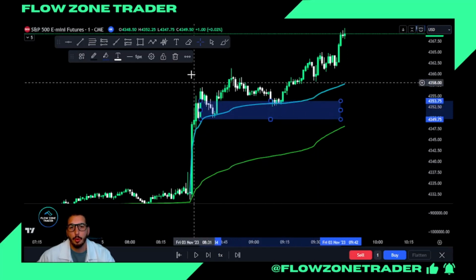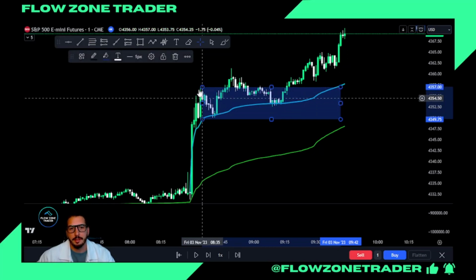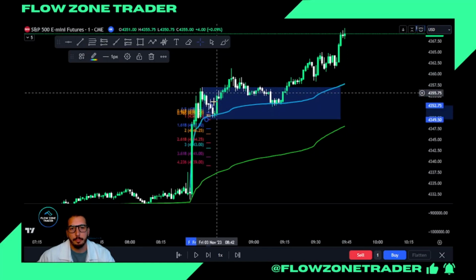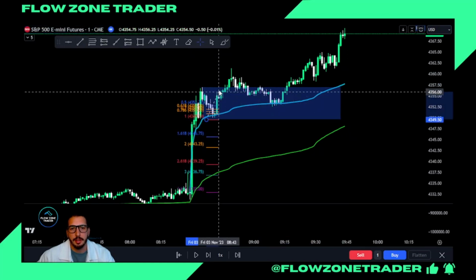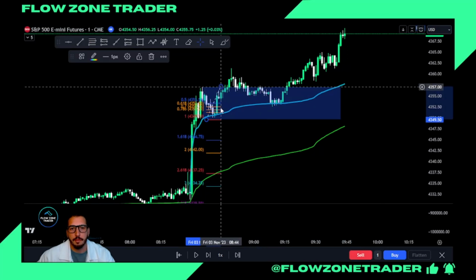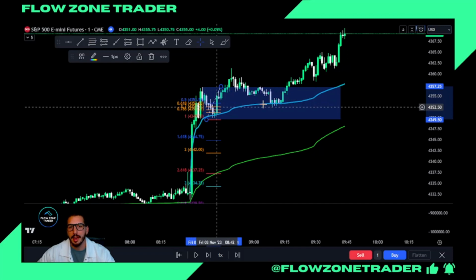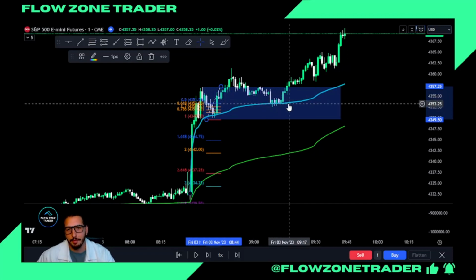Right, so every pullback that we have here, we can think of as a potential level of demand, and you could do a fib within this pullback, and based on your own risk parameters, you could think about trying to join the trend for that continuation move up. So you'll see it came back to 50% of this pullback, and it held yet again coming into 9 o'clock, and it held the anchored VWAP.